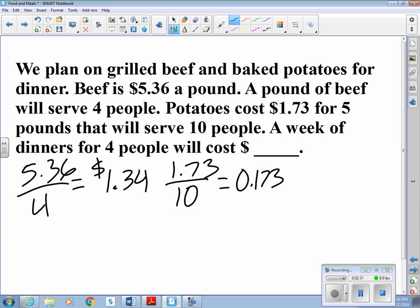and so we add those two together. We had the $1.34. That turns out to be $1.51 and a little bit. We can just put that there. So there's going to be 4 people. So if I multiply 4 people times $1.51,